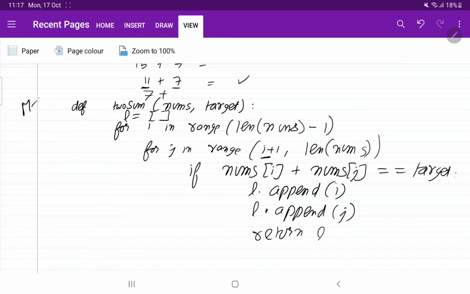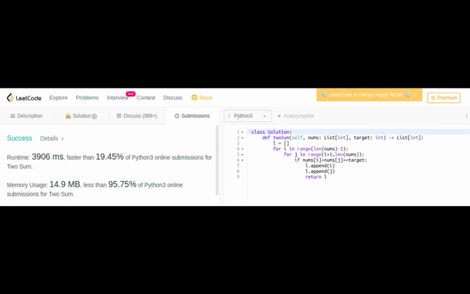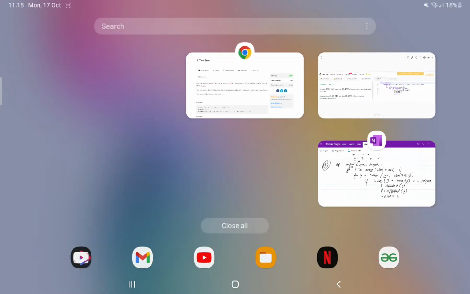So this is the first method approach. In this we are going to use the for loops and see the solution. Now I am going to show you the time complexity that we are going to get. Suppose you write the same code, see I have written the same code, you can see on the right hand side the code that I explained, and that code is being accepted on LeetCode, but it is only faster than 19%. Here we are not using extra space, but it is more time consuming. So we need to improve our time. So let us move to the second approach.